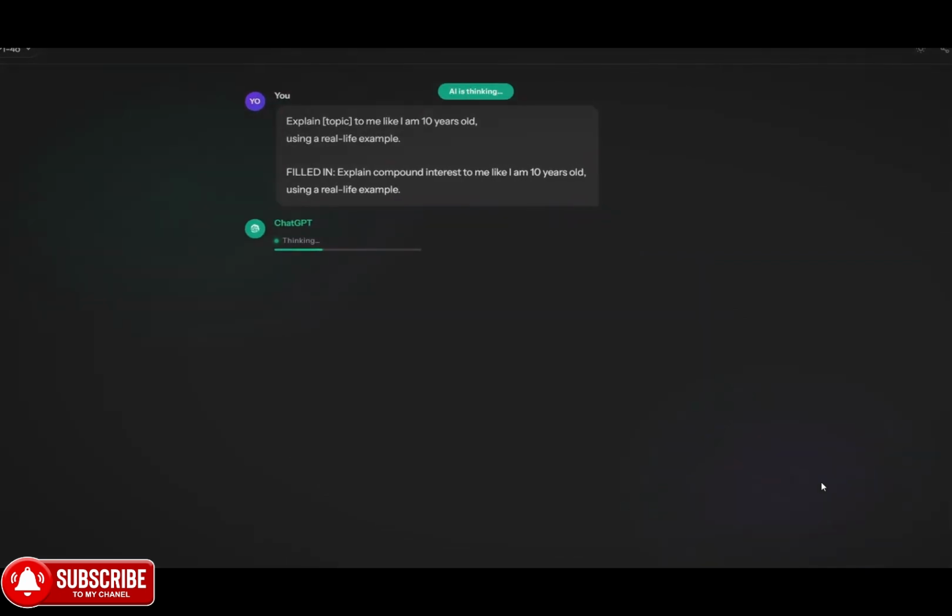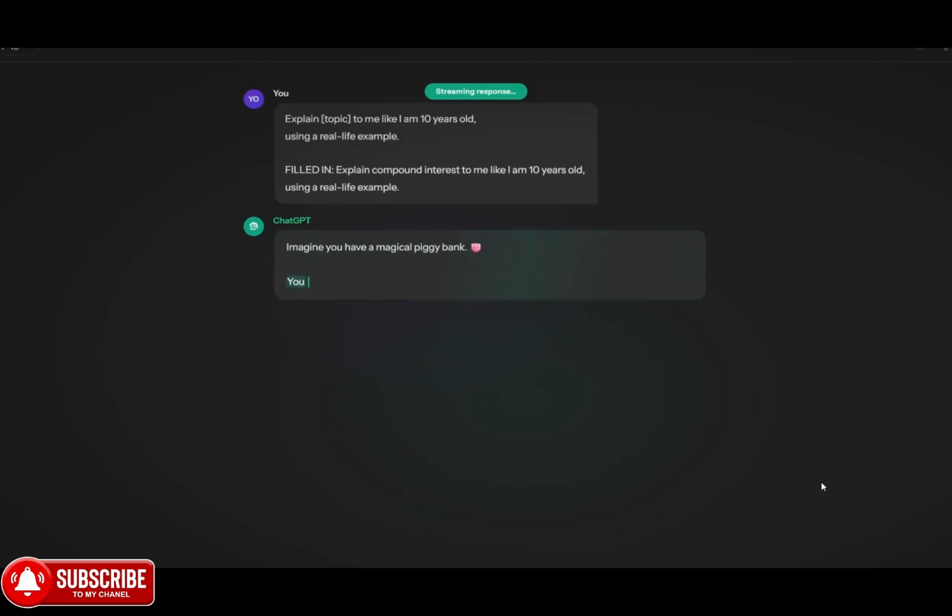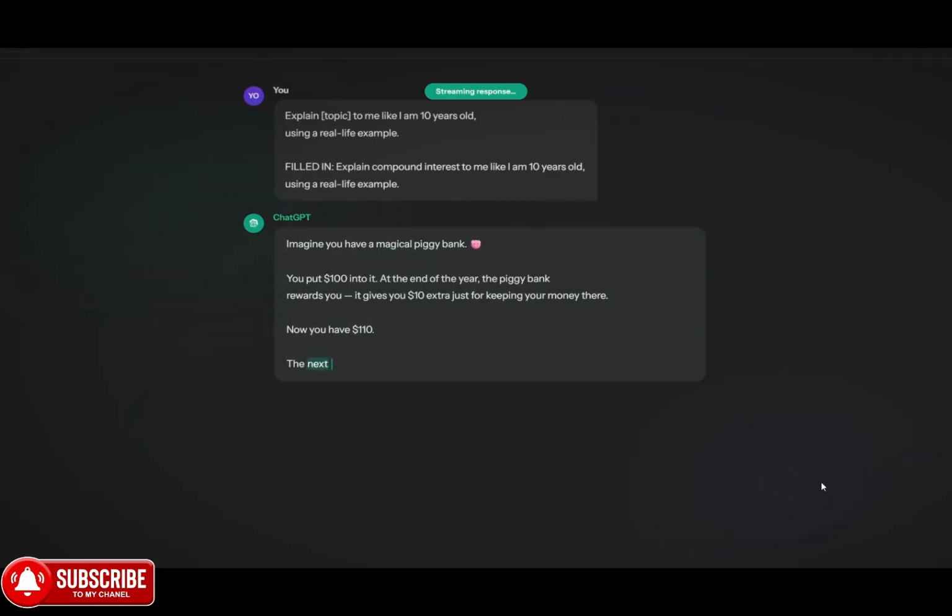And here is the response. Imagine you have a magical piggy bank. You put $100 into it at the end of the year. The piggy bank rewards you. It gives you $10 extra just for keeping your money there. Now you have